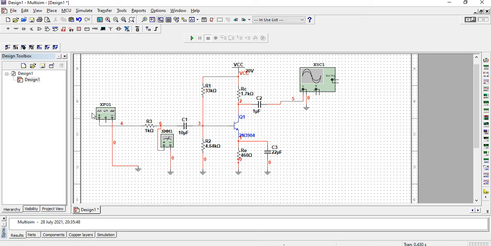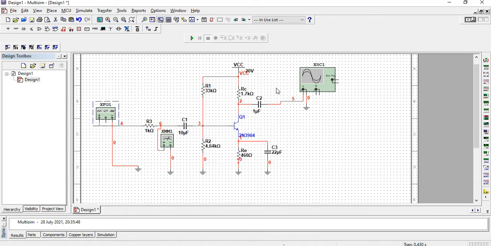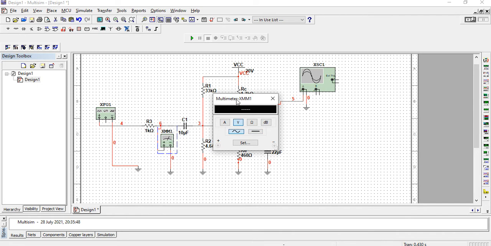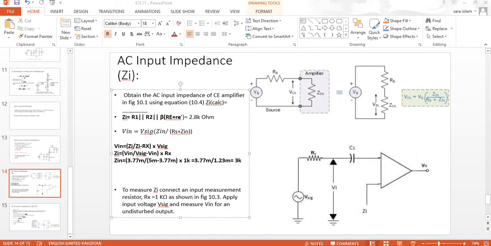Okay, this side is your V signal, which you are applying at 5 millivolts. And when it drops across your resistance and comes here, secondly it's an AC signal and we want to find out the voltage. So you are applying 5 volts and you are getting 3.776 volts. So this is the scenario which we are producing, which is actually equivalent to this scenario.